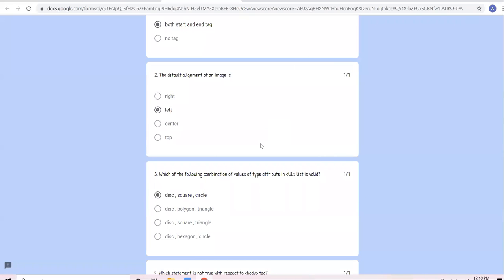What is the use of title tag? Yes, Bisam, unmute yourself. It specifies the title of the web page that will be displayed in the title bar of the browser window. All right. Title tag is enclosed inside which tag?